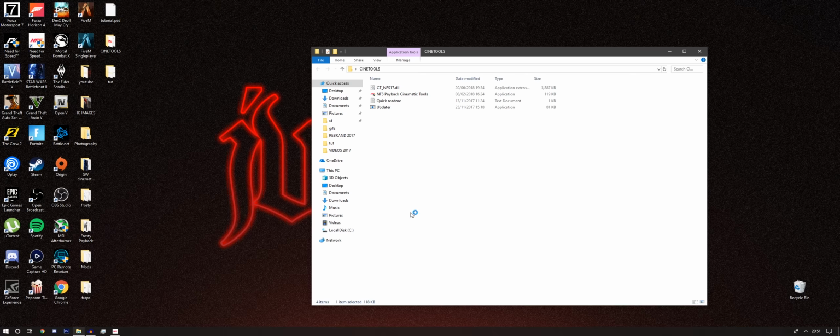I don't know if this applies to everyone, and it probably doesn't, but for me, I had issues with loading Cine Tools, and one of the main reasons was I couldn't open it because I didn't have administrator rights, or the computer was just basically telling me I'm not an administrator. So make sure you've got both set to administrator, or right click and open as administrator, and that will be